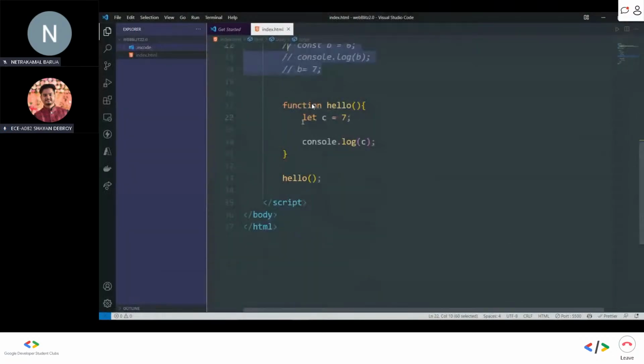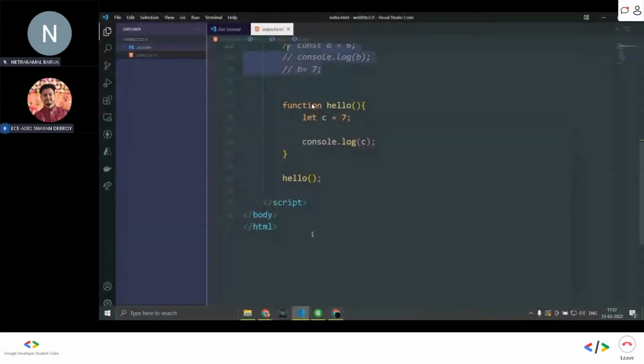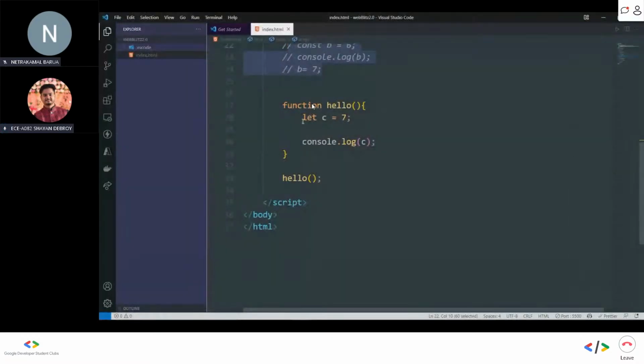So you can see I have defined the value C using let, and I have printed the value C using console.log(c), and I'm running the function. So it is running the function. It is defining 7, then defining C as 7, and then printing it. But